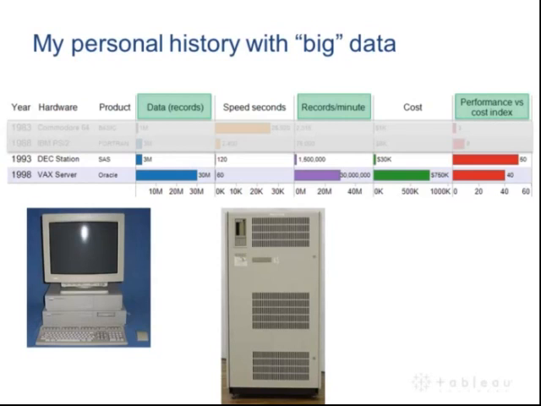Also, I was fortunate to work with Oracle systems on the VMWare server, that big cabinet there in the middle of the screen that could do pretty incredible things in its day. And as you can see, these were very differently priced. The DEC station was quite expensive, $30,000, and the VMWare server was almost $1 million. What's interesting is the performance versus cost index, again, according to my recollection, was fairly similar for those two, but still, about 5 or 10 times greater than the last decade. So a huge improvement of about 10x. And so I just have fond memories, especially of the DEC and VMWare systems.